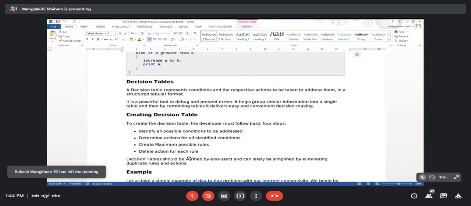So from that, we can create a table. So if this condition is right, then go through. If this condition is wrong, then go to this step. Like that, we can create a decision. That is about decision tables. Finally,